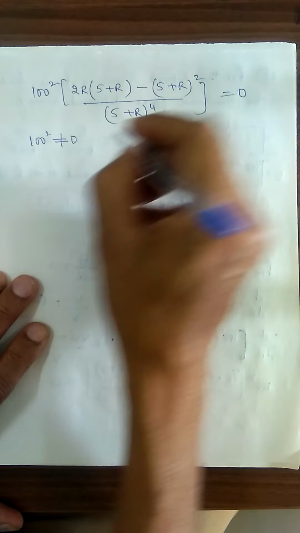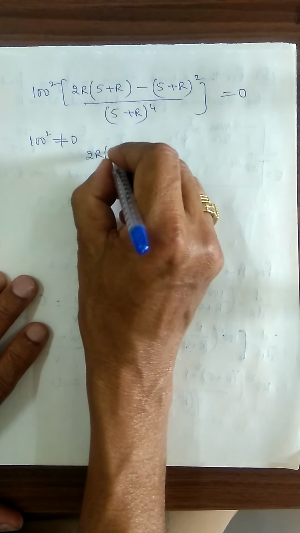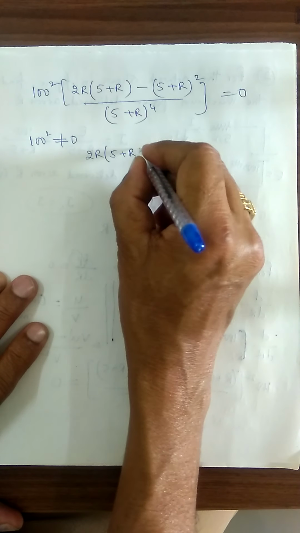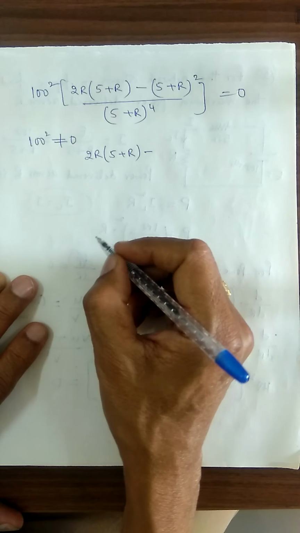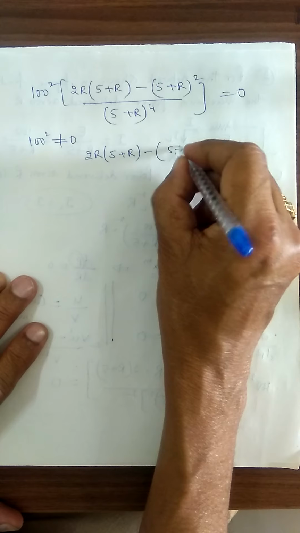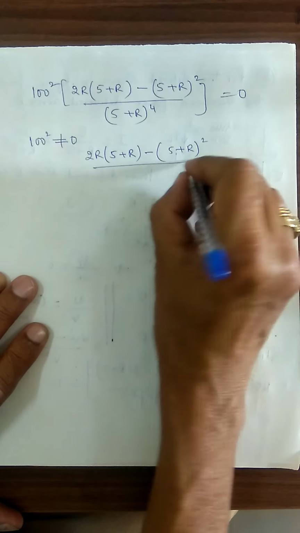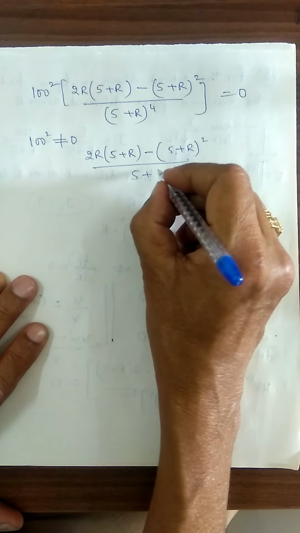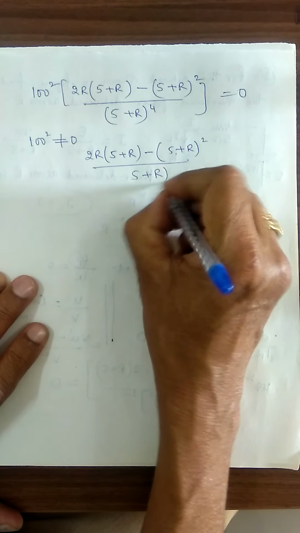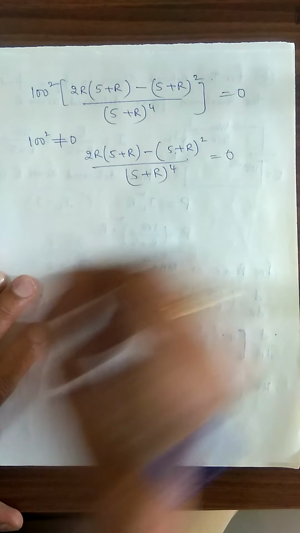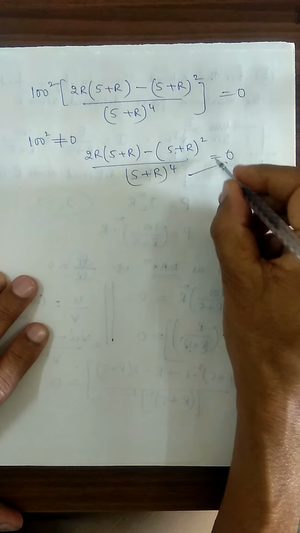Therefore, this value is equal to 0: 2r plus 5 plus r minus (5 plus r) whole square, and r plus 5 or 5 plus r are one and the same, is equal to 0. Now I will make the cross multiplication like